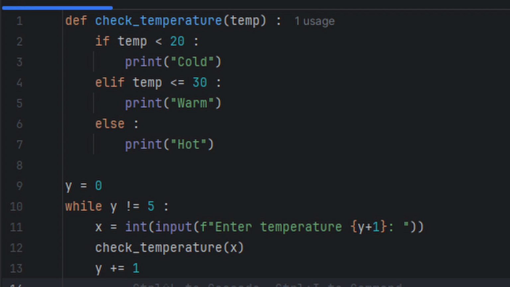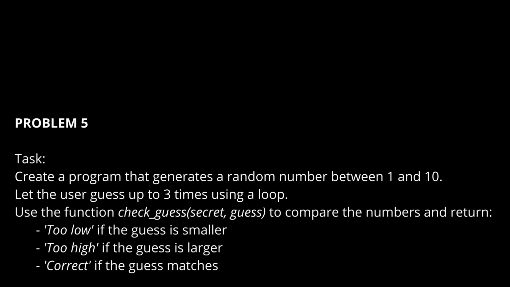As explained before with using and defining functions, I took the 5 counter loop from problem 1 as the problem instructed that I have to input 5 temperature readings. For every input, the function is called to determine whether the temperature I gave is cold, warm, or hot. Since anything above 30 is considered hot, I dropped any conditions and defaulted it into an else statement, and anything negative will default to cold since it will always be less than 20. This goes on until y is equal to 5, to which the loop condition becomes false and then the program ends.